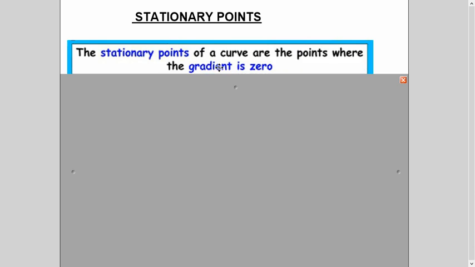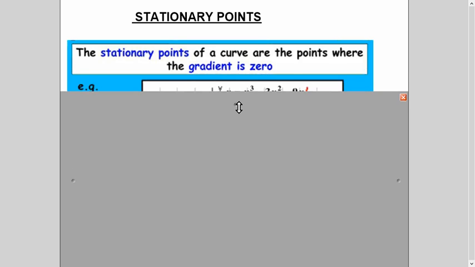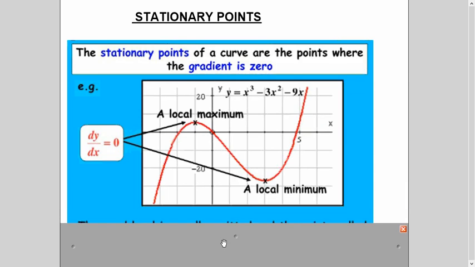So when will the slope of the line be 0? When it is horizontal, right? So let's see an example here. I have just picked up these examples from different